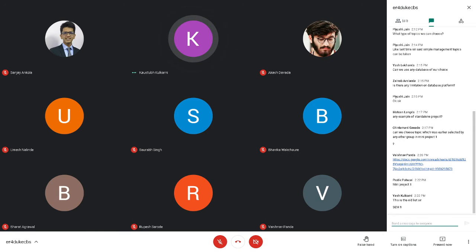Okay, so I can see that at least some of you have created applications that are not traditional management systems, and that is a very good thing. You can implement any algorithm. Be creative. Any algorithm or anything you want to implement, the only thing is that it should have a structure to it, not just one or two tables.